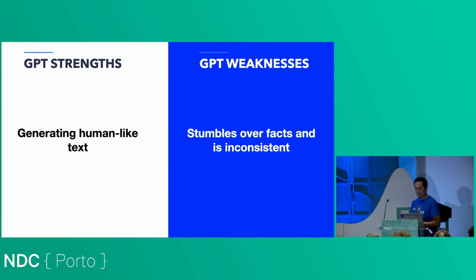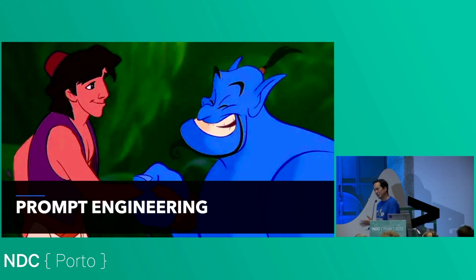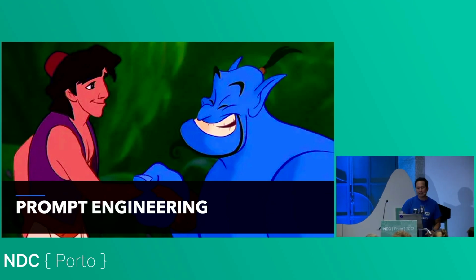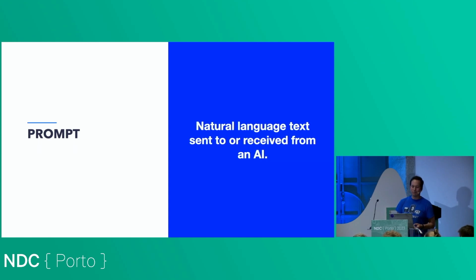All right, so let's cover prompt engineering for a bit. This could be a whole talk in its own right, so I'm going to breeze through things really quickly, and I'll cover some key points. Prompt engineering is the art, and I use art meaningfully here, of giving an AI instructions to try to coax the right result, or a useful result. It sometimes feels like you're making a wish to a genie, like you have to really think hard about how you present your question to the AI. You have to be very intentional with the input.